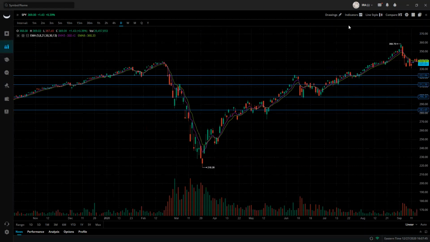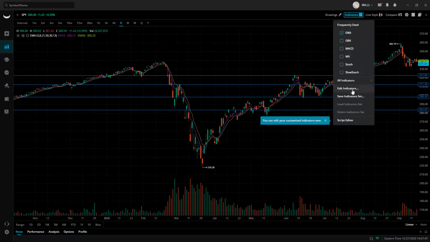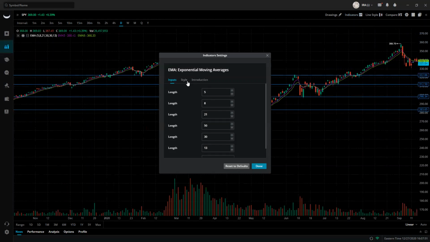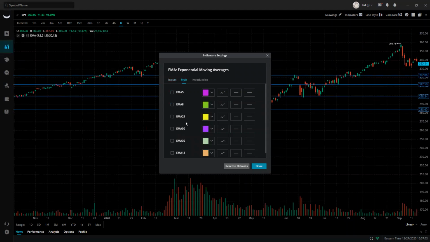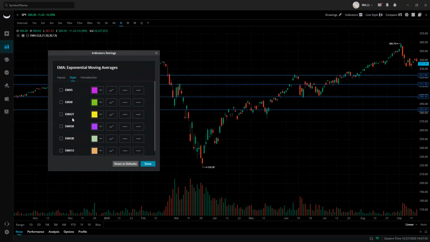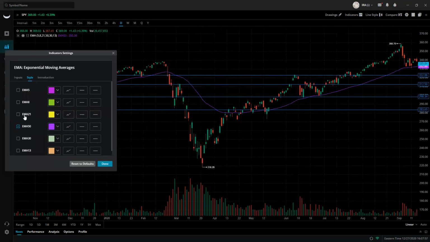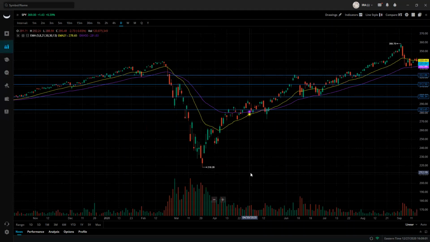Zones is I like to use the, let me see if I can edit the EMAs here. Let me take off the 8 and the 5. I also like to use the 50 EMA and also the 21 EMA. And these EMAs are typically, for me, I like to use these EMAs for day trading only, to be completely